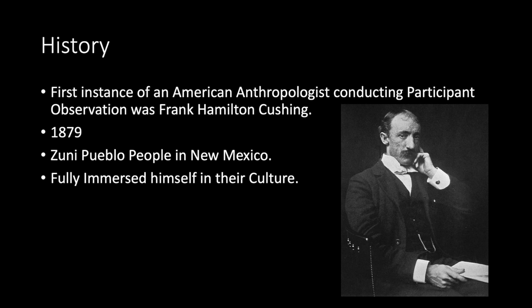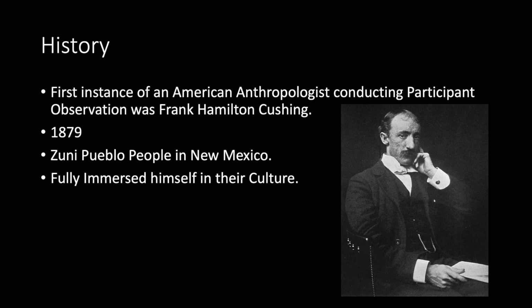To provide a brief history and background of participant observation, it has been a relevant form of research for over a century, with the first instance actually being in 1879 when Frank Hamilton Cushing, an American researcher and anthropologist, spent 4.5 years with the Zuni Pueblo people in New Mexico.